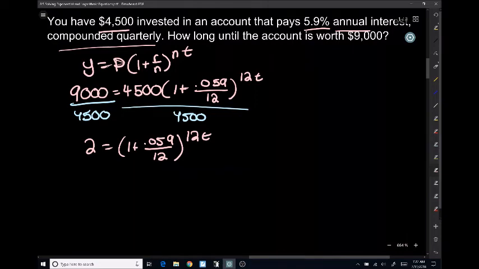Now I can either convert this or take a log of both sides. I think I'll just take a log of both sides. So the log of 2 equals the log of whatever all that stuff is to the 12t. I'm not going to write it over and over. I can now bring the 12t out in front. I get that the log of 2 equals 12t